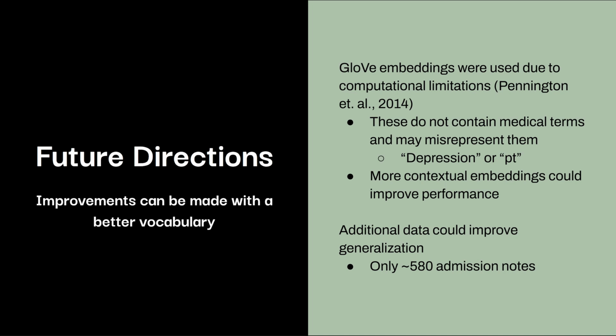Additional data could also improve the generalization of the models, as only 580 admission notes were approximately available, and most of these notes produced sentences that were closely correlated due to them describing the same stories and thus using the same words and